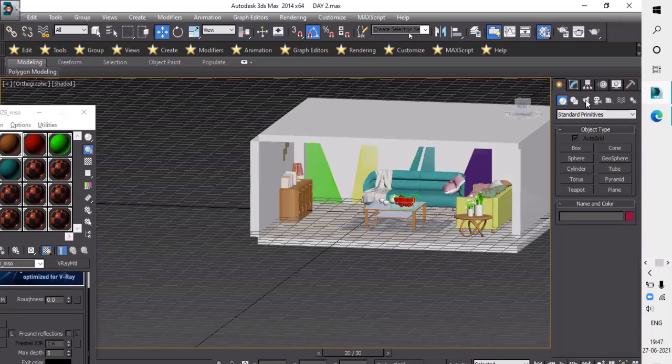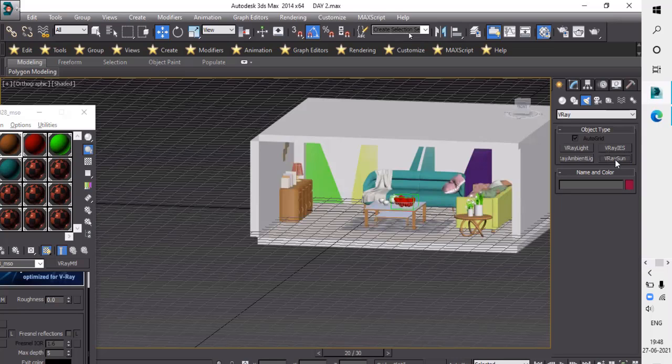Here click on camera and go to V-Ray camera. 3ds Max gives its own camera and light also, but for rendering purposes we will use V-Ray. That's why we will take the V-Ray camera here and V-Ray light. Go in lights, take V-Ray, and here are 4 types of light. V-Ray light is the normal light, as used in your home also. Then V-Ray IES light, V-Ray ambient light, and V-Ray Sun.